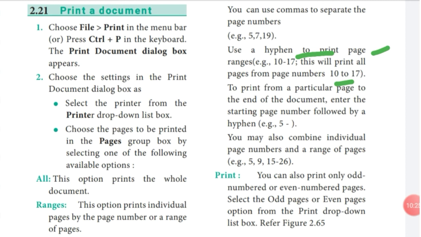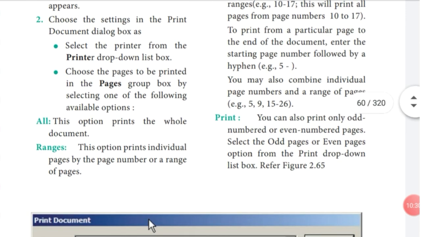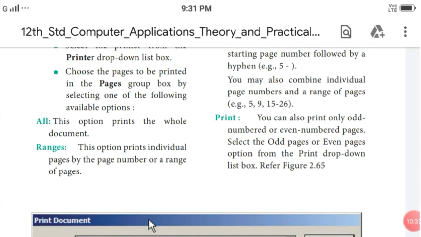Okay, if you want all, then you give All. Next, you can also print only odd numbered pages or even numbered pages.